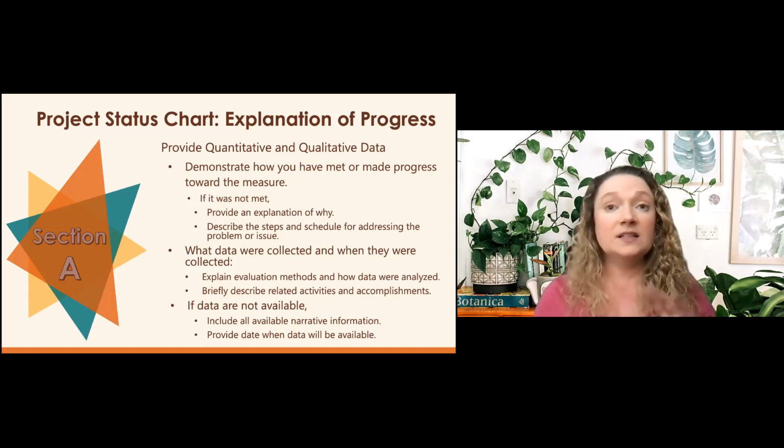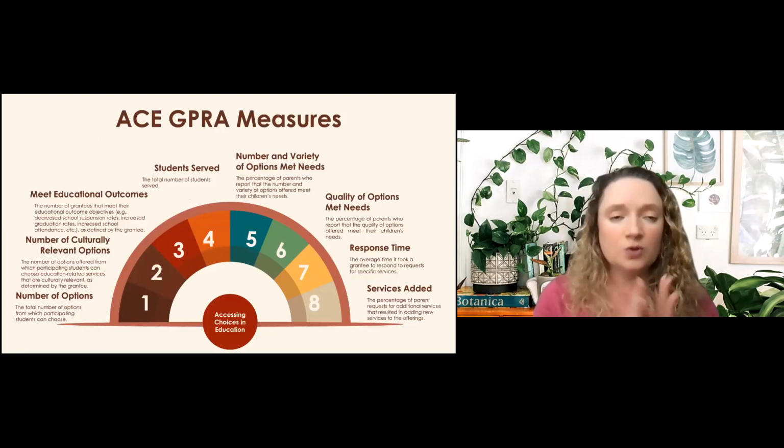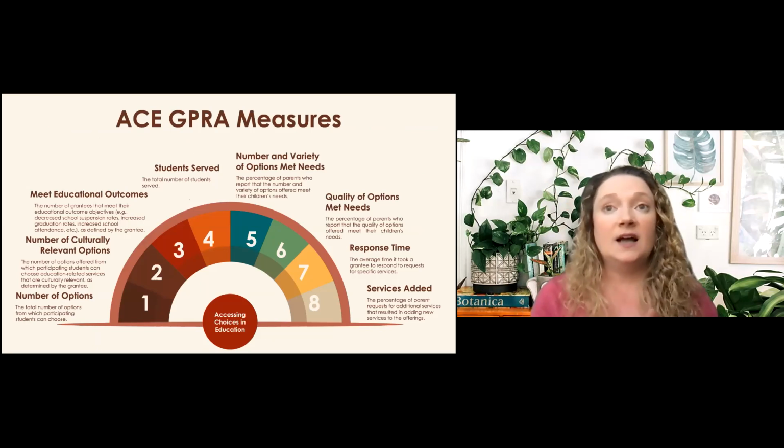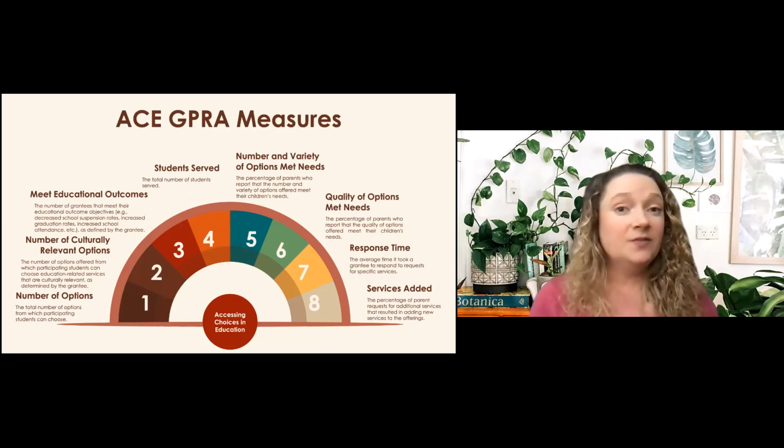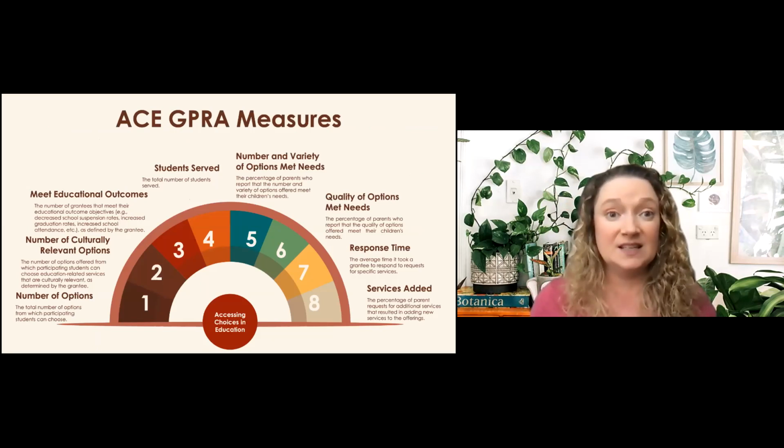All right, let's look at some examples because I think that can be really helpful. We'll start looking at your GEPRA measures and how you're going to report on those. I talked about there are 8 GEPRA measures. All of you have to report all 8 measures. Even if you have to report a 0 because it doesn't apply yet because you're in your planning, that doesn't mean you can skip one of them. You have to include all 8.